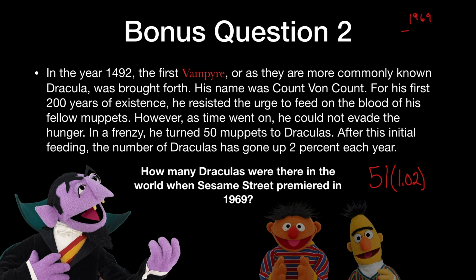1969 minus 1692. So let's see, 277 years. So we would raise that to the 277th power. And when we do that, and we put it into our forms of calculation,